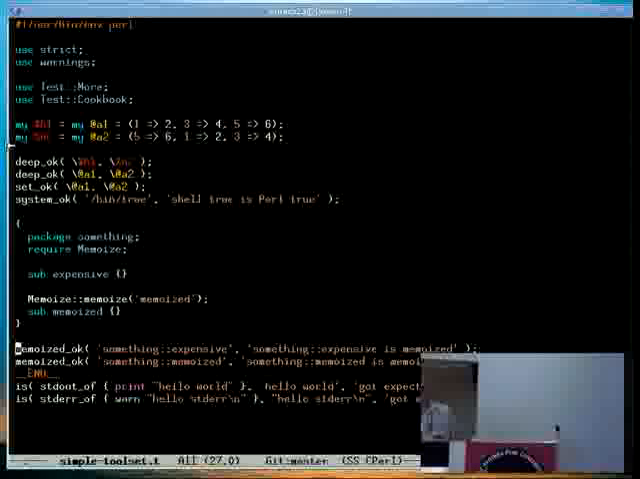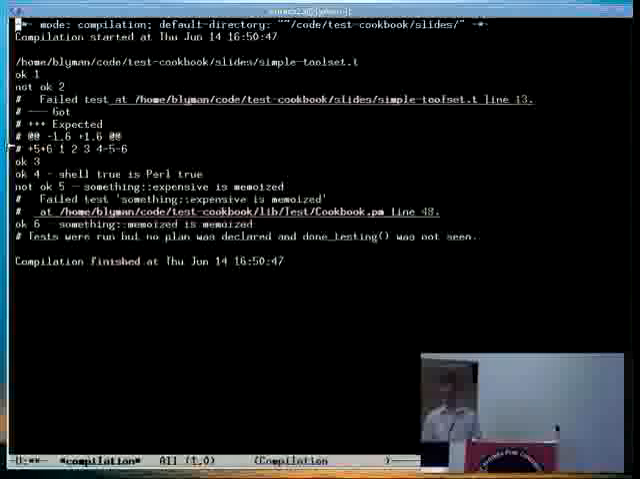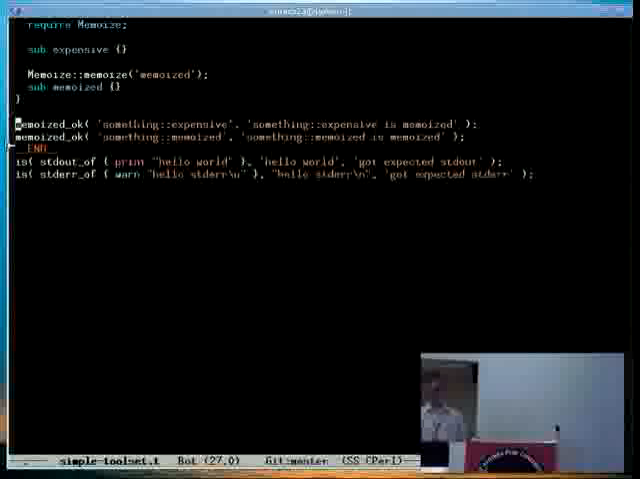In this case, we have one thing that is not memoized and one thing which is, and we'd expect to see that this test here should fail, and this one here should pass, right? And sure enough, go down here, something expensive being memoized, nope. And